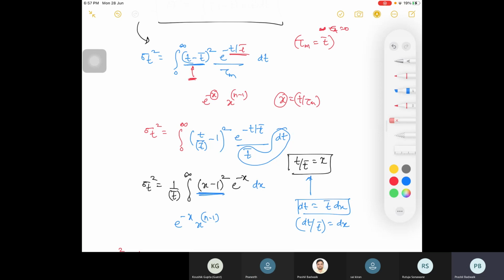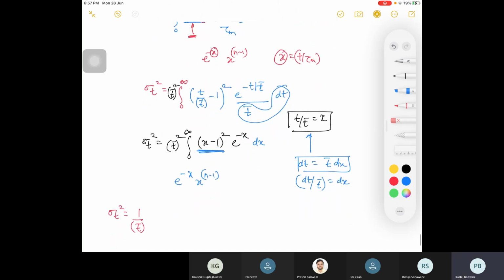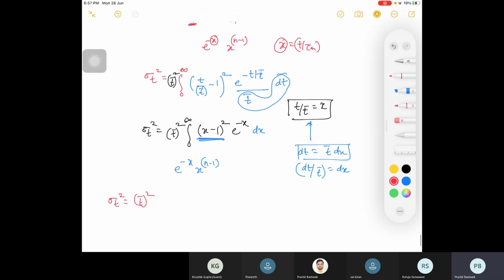Yes, sir. What we are doing actually, we are basically replacing. So you take out t mean as common, so you'll be having this t mean square here, right? Please tell me if there is any mistake. So that is your t mean square as common, so you don't have any 1 by t mean here. Now you can convert. So you will be having this equation. I hope you are getting this. T mean square, right?